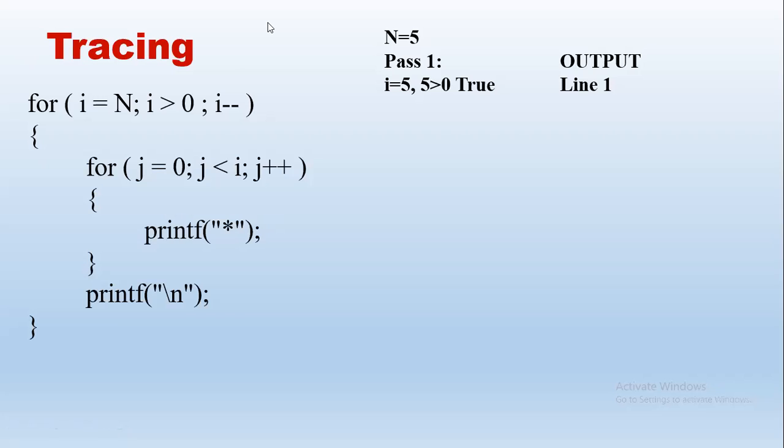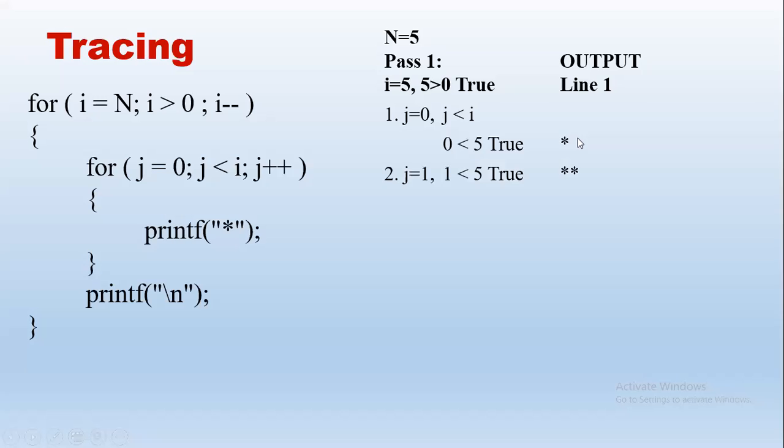So now what is the value of j? What is the value of j? Anyone? 0, right? So j is 0. So what happens here? So first step, j is 0. So j less than i. Yes. 0, i is 5. 0 less than 5, true. So we have to print 1 star. So this 1 star is printed in line 1.